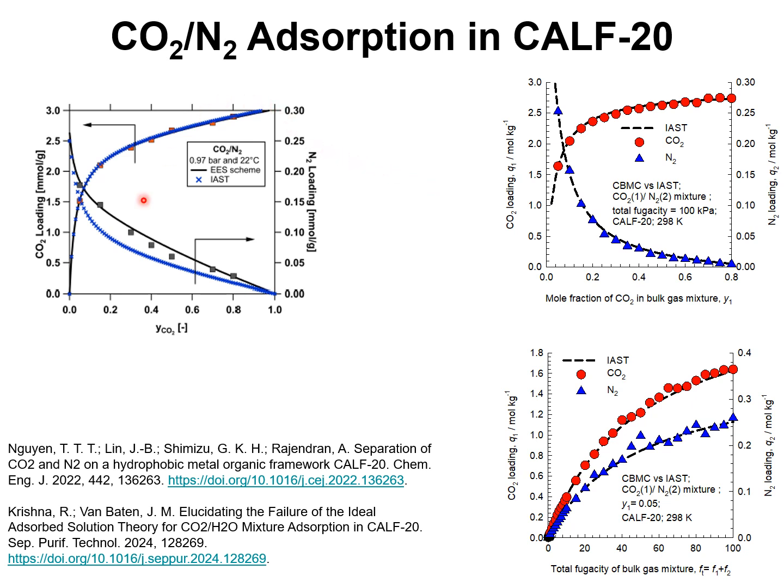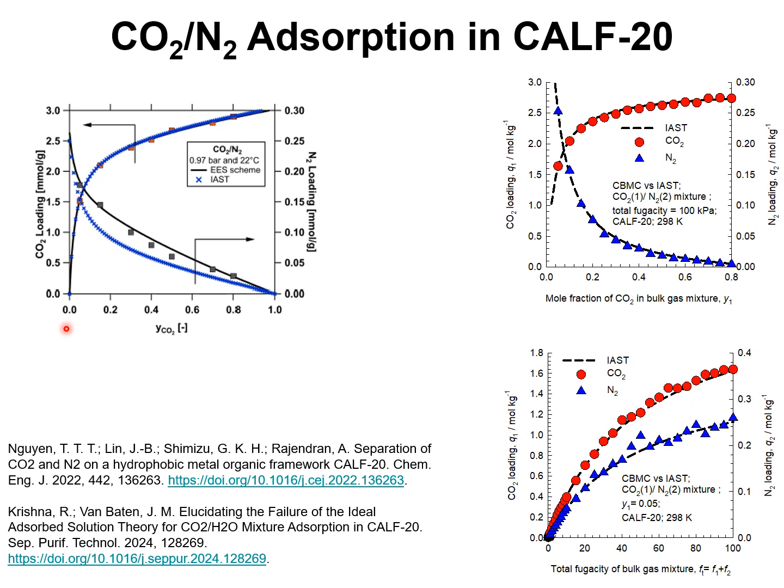The experimental data of Nguyen and Rajendran, published in Chemical Engineering Journal in 2022, are shown here, and the experimental data for mixture adsorption are shown by the red squares for CO2, black squares for nitrogen. The nitrogen scale is on the right axis, the CO2 scale is on the left y-axis,